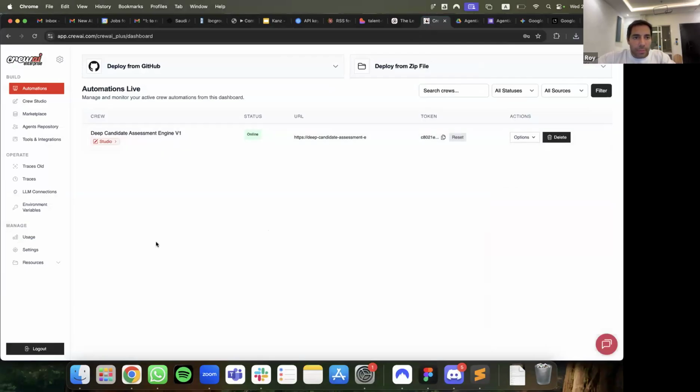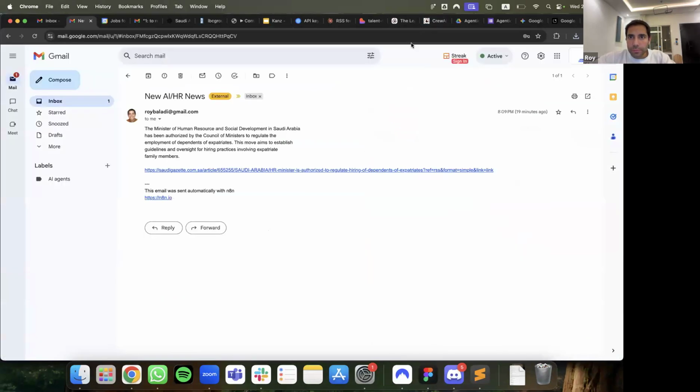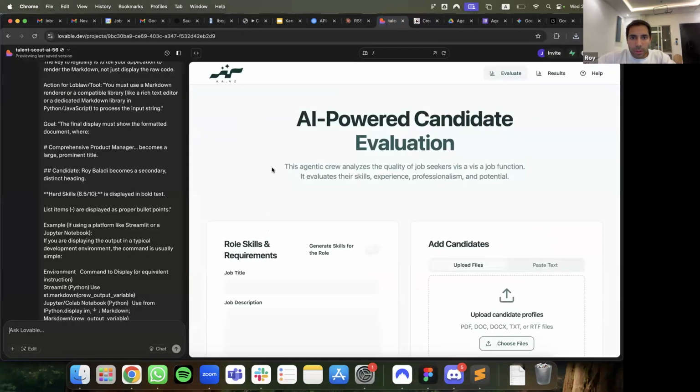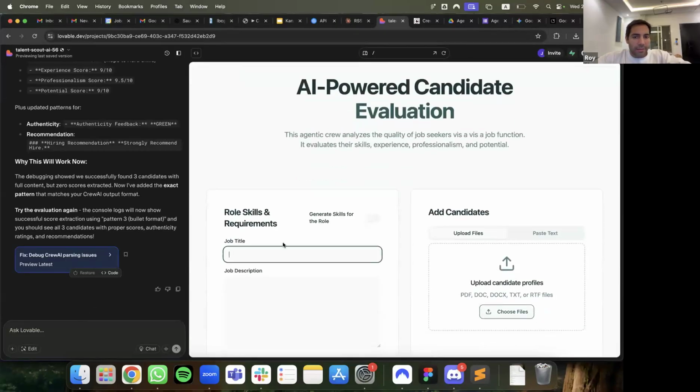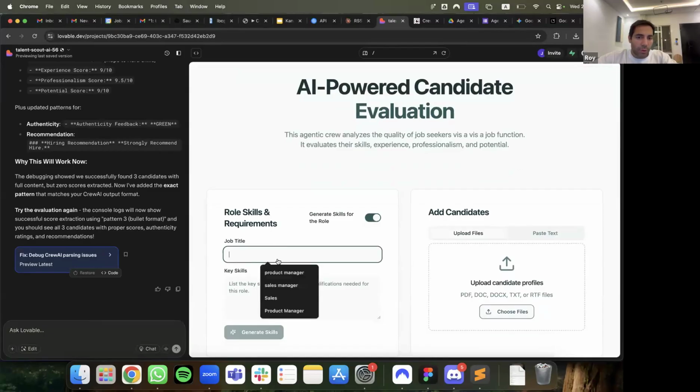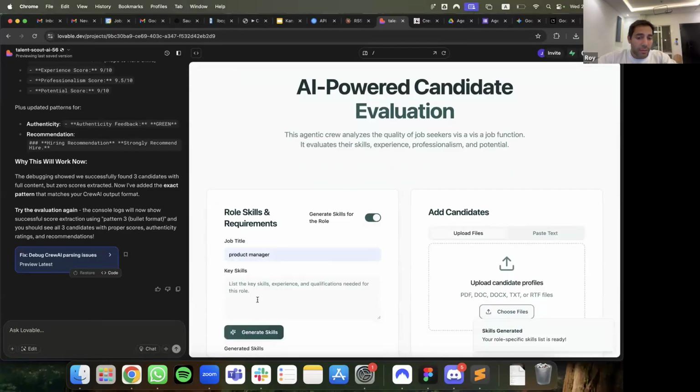Here's Crew AI, that I've connected to Lovable. So I created an AI-powered candidate evaluation. It's refreshing. I said, generate a role for me, product manager, generate skills.